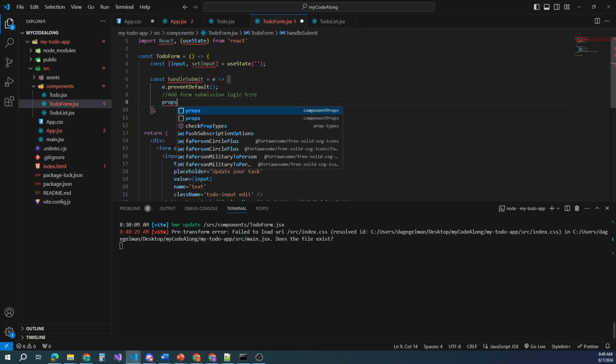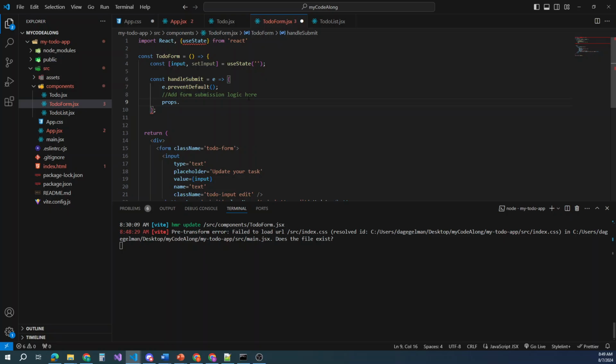So we're going to do props, and props is just a way of passing variables through with React. So we're going to do on submit,